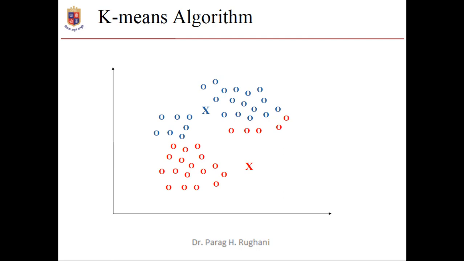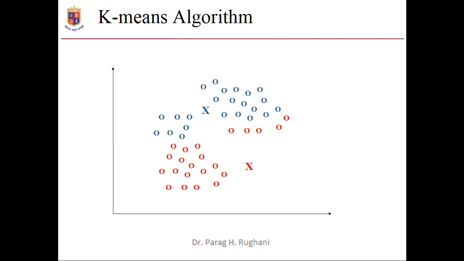To improve the k-means algorithm, the next step is to find the means of the assigned nodes and then move your centroid towards that mean. So now your new centroid will be the mean of all the points which belong to that cluster. That is why the name k-means algorithm came. K refers to the number of clusters. It may be 1, 2, 5 or n number of clusters. We denote them as K. Since we are using the mean method to optimize the model, it is called the k-means algorithm.